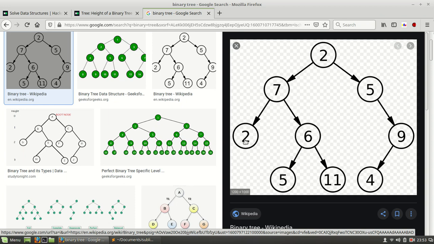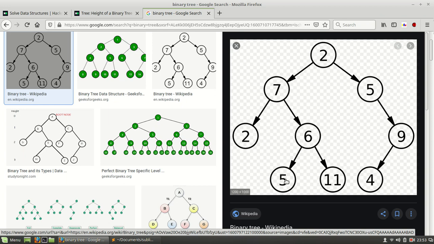The number of nodes below it is how much height it has. This one has no height because there is no node down to it, and this node height is 0, and this node height will be the maximum of these two nodes' heights plus 1.